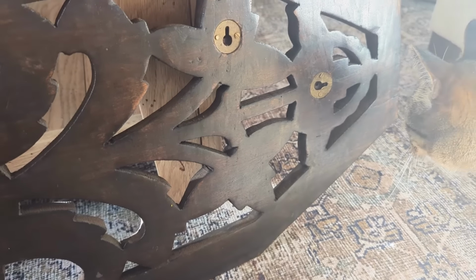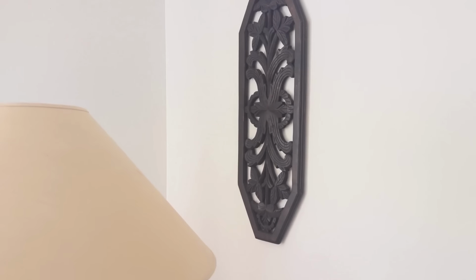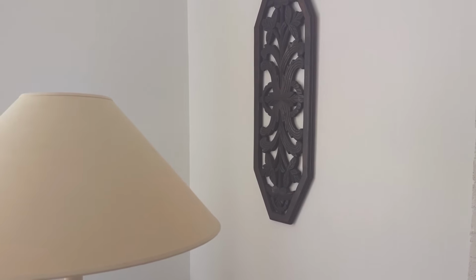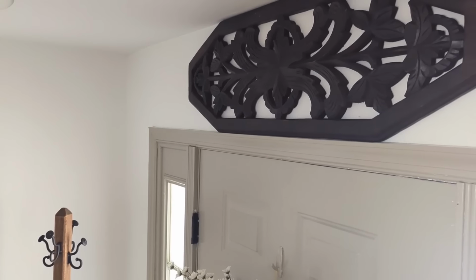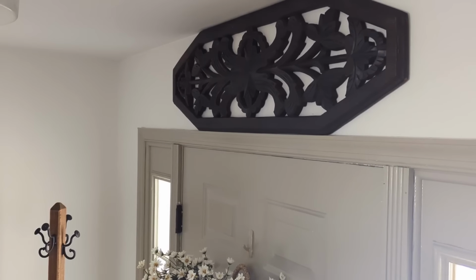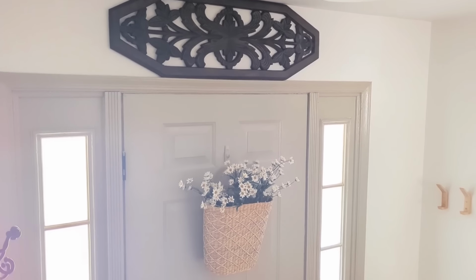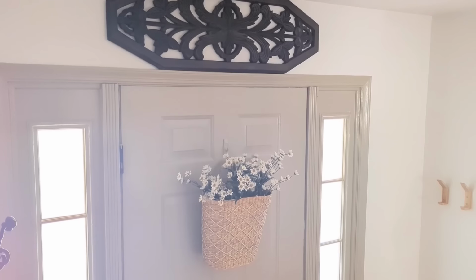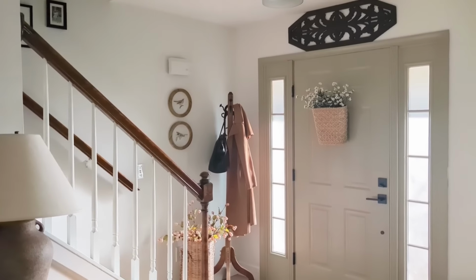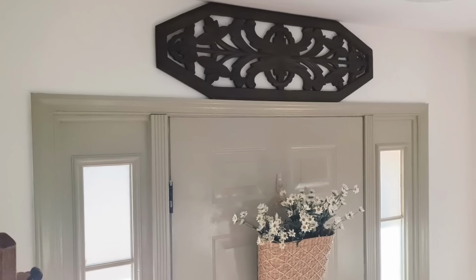They were asking $9.99 for this, and as soon as I saw it, even though you can hang it vertically like this, just kind of to show you in this little corner, you can hang it like this somewhere, I thought maybe I would use this as sort of a decorative transom piece up above my front door, and so that's where I've tried it, and I really love it up there. It's just one of those things I went into the store definitely not looking for. I didn't even have this idea before, but once I saw it, I just thought it would look nice